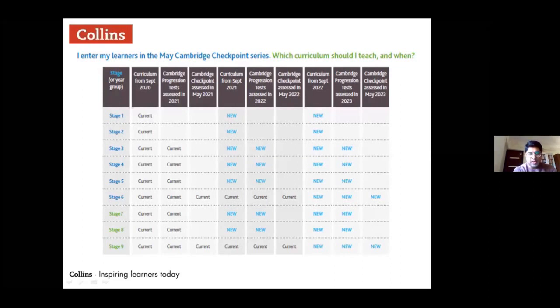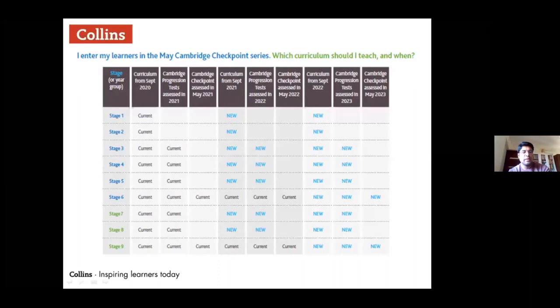So if you observe stage 7 right now, this will end till 2021. And from July or September 2021, you are supposed to start teaching stage 7. And that continues in 2022. Similarly, for stage 8, if you observe very carefully, the current syllabus is going on, and you are teaching for stage 8 the new syllabus. It begins from July or September, as and when the Indian schools reopen from 2021.